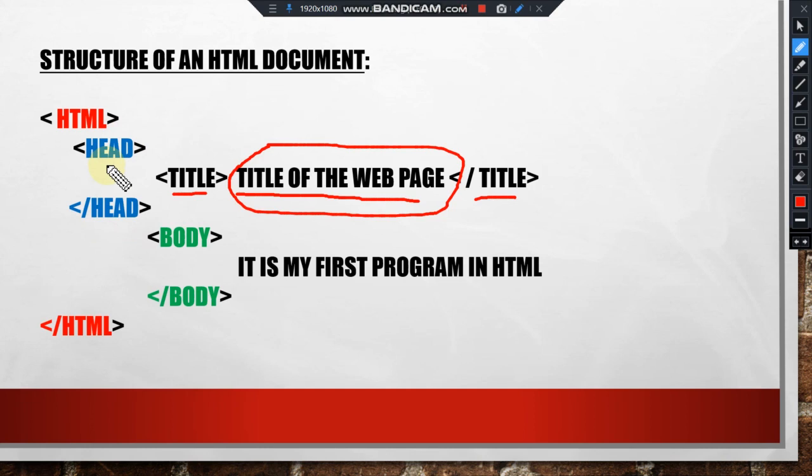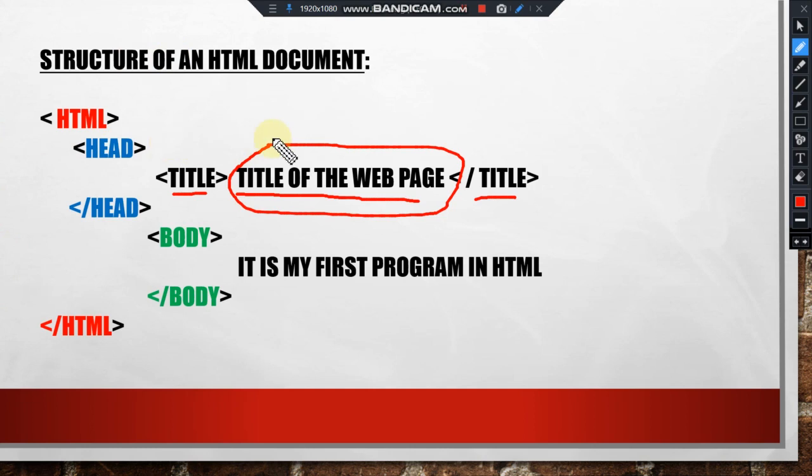This information is not shown on your browser window. It is not visible on your web page, but it is important information about the web page. It can be the name of your web page, but it is not visible on the final web page.